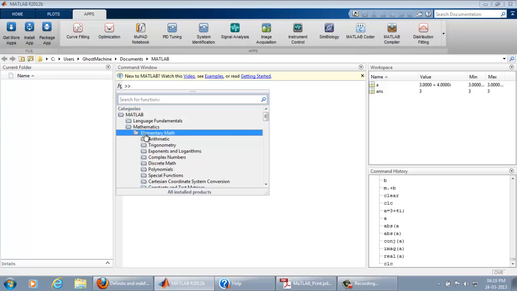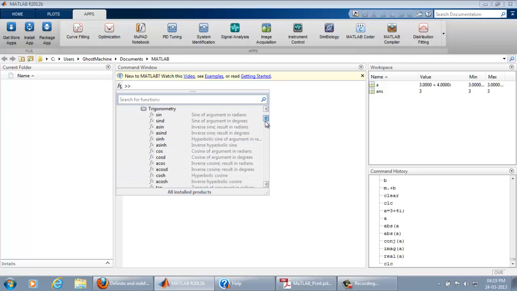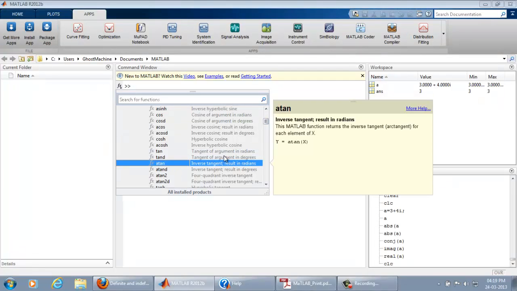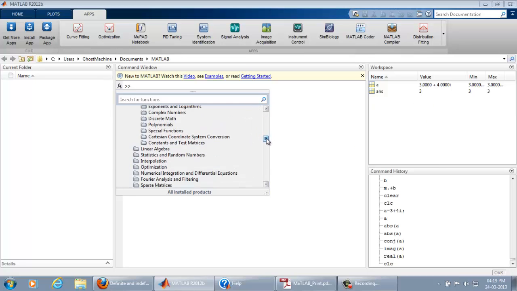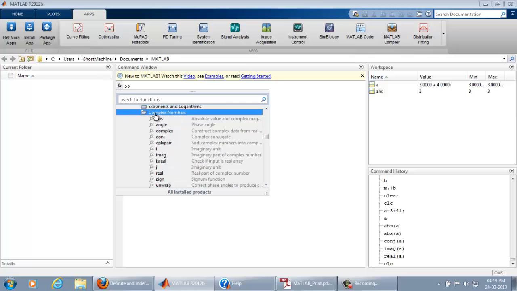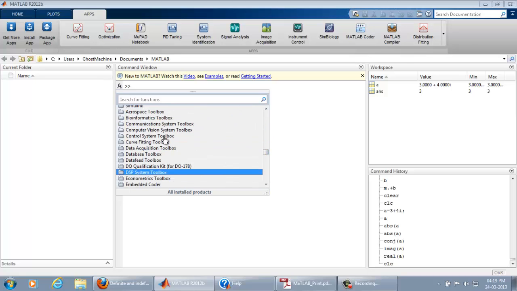Click on everything, elementary mathematics, choose trigonometry, and these are the functions. Every function is accessible here. You can find the syntax of every function and how you can use it. Discrete mathematics, polynomials, Cartesian coordinate system. I think this is the complex number section. So many functions here. So this is all about that.